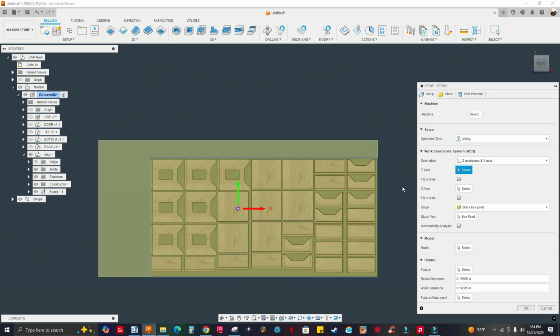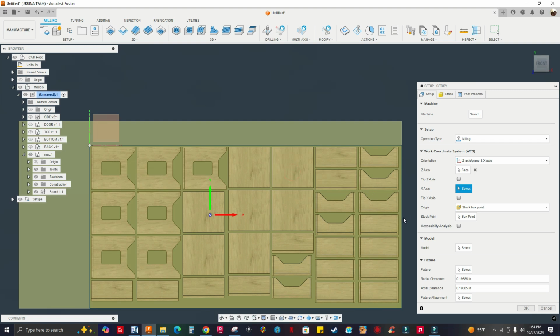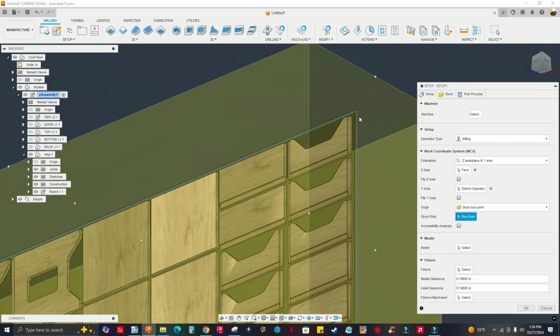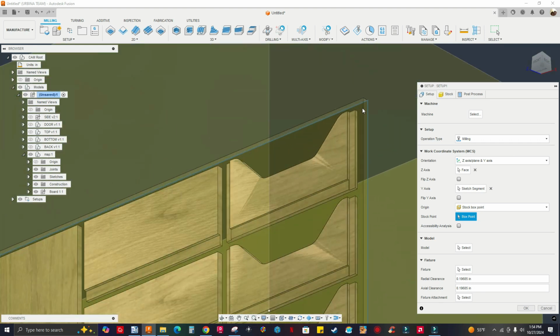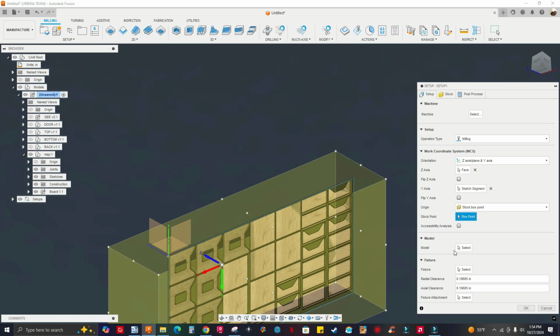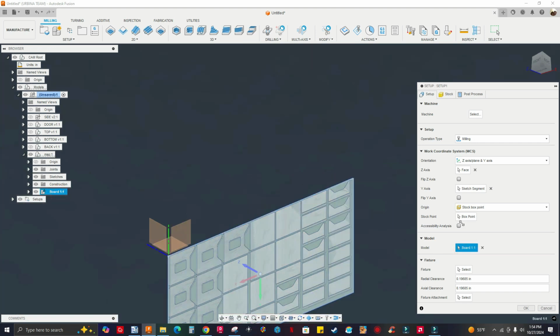Z-axis, this face. Let me change to Y-axis. So click on select next to Y-axis, rotate, select this edge, box point. I don't have any right now because I can't select this box point right here because I have to select the models first. So click on select right next to model, select board one, go back to stock point, box point, click on that, zoom in,